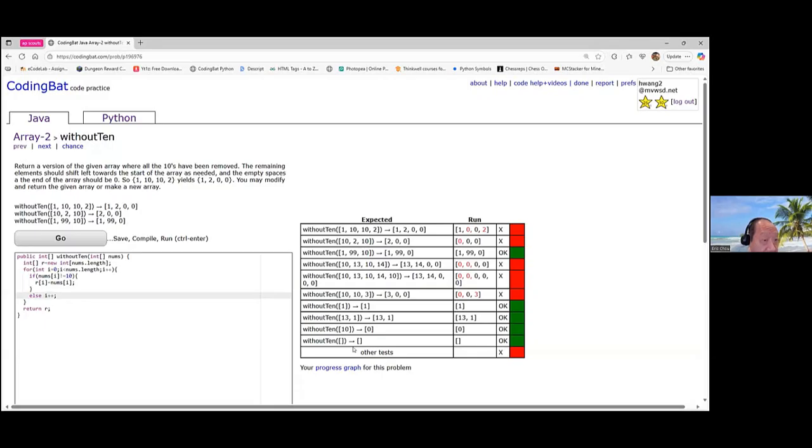Without 10. Return the version of given array where all 10s are removed. The remaining elements should be shifted left to the start, the empty space to the end. So why you need to do the,